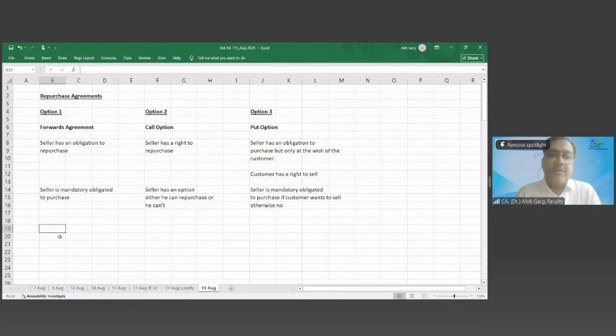So friends, now in case of forward agreement and in case of call option, what is the accounting? If repurchase price is more than the sale price. If repurchase price is greater than the original sale price, okay, even greater than or equal to, even equal to will also be there. If repurchase price is greater than or equal to the original sale price,